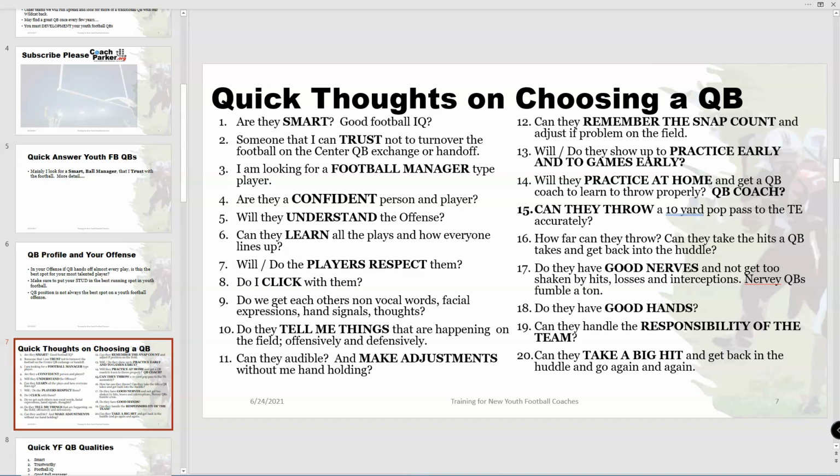The other thing is, will they practice at home to get better and/or go get a QB coach for passing? That's become a big thing, especially here in Texas. Do you get a quarterback coach that can teach you how to pass? The other thing, the throwing thing, I'm looking for somebody that can throw a 10-yard, 15-yard pop pass. I'm not looking for Joe Montana or Tom Brady at youth football, because usually I can do a halfback pass